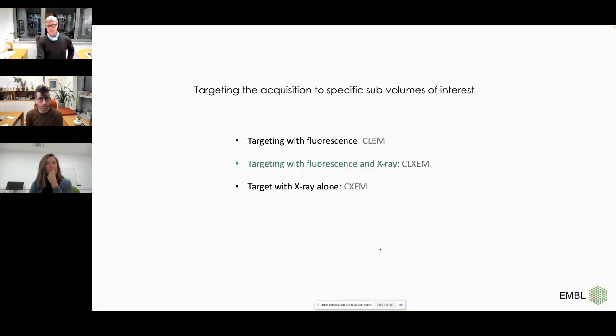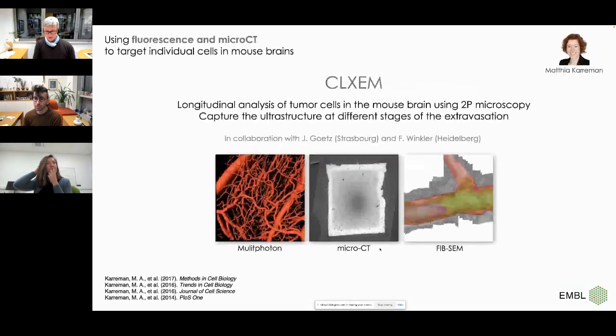The second illustration of multimodal correlation that I would like to show you now is something that is quite old, actually. It's something that we started very early on when I started to work at EMBL, which was to use fluorescence and X-ray in combination to target rare events. This work was performed by Mattia, a former postdoc in the lab, in collaboration with the groups of Jacky Goetz in Strasbourg and Frank Winkler in Heidelberg. And here the challenge was to